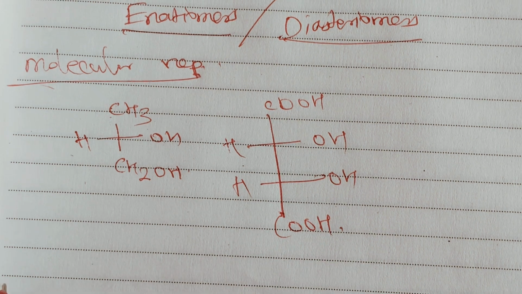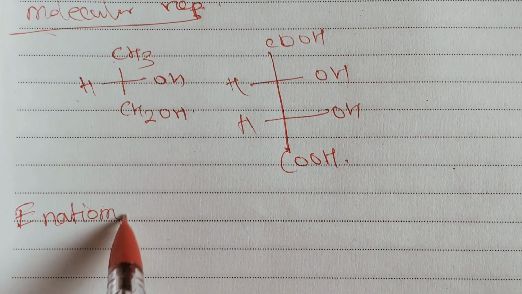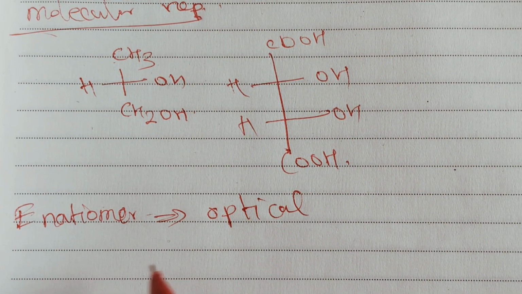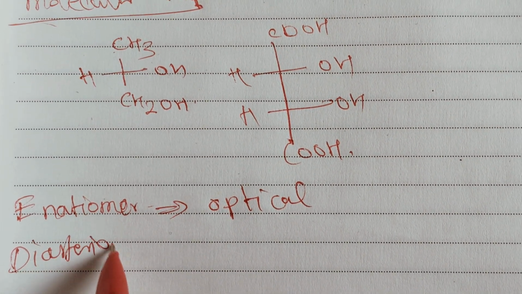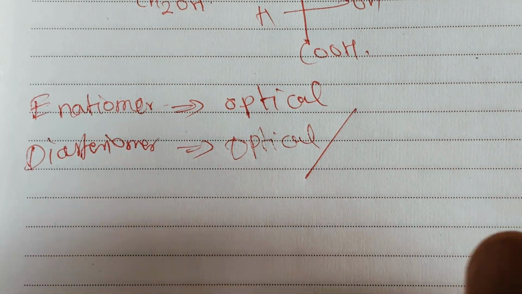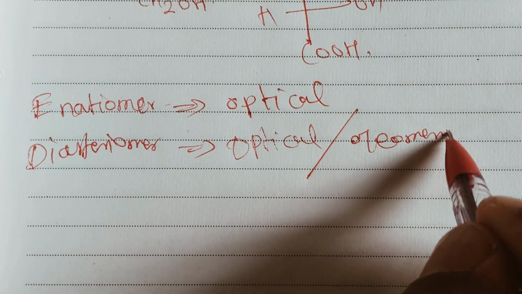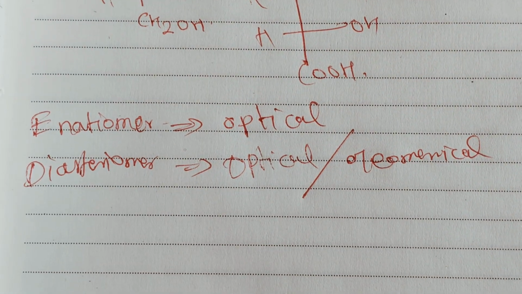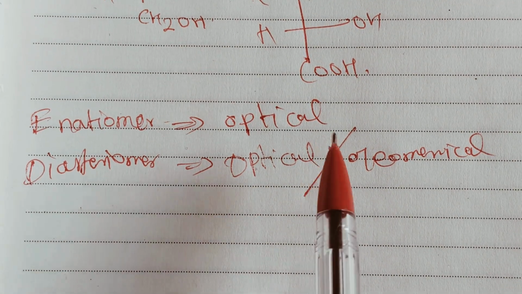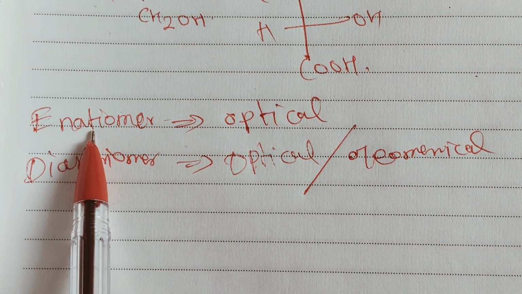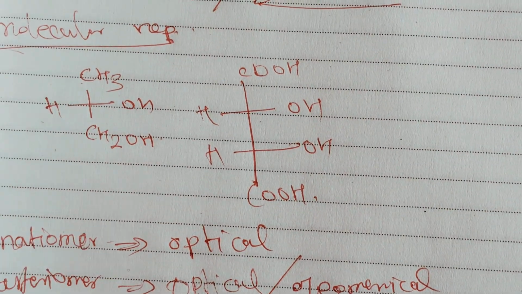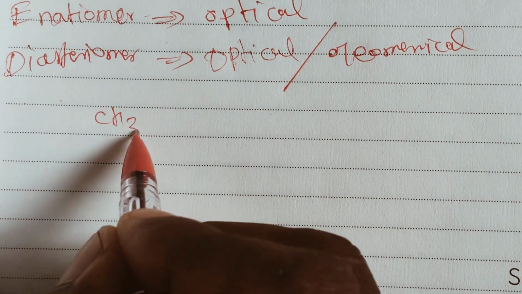Generally, enantiomers are only for optical isomers. But diastereomers are for both optical and geometrical isomers. Yes, there are optical isomers and geometrical isomers. So both optical and geometrical isomers fall under the category of diastereomers. When optical isomers are described in this way they are diastereomers, and when optical isomers are mirror images they are enantiomers. Let's see now the enantiomers, for example the first example given here, CH3